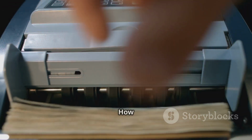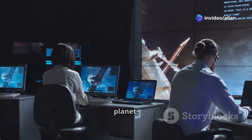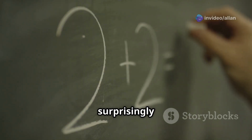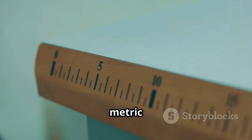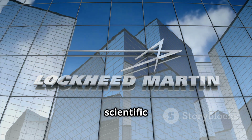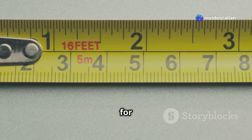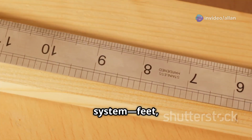So, what happened? How could a sophisticated space agency like NASA, with some of the brightest minds on the planet, make such a costly error? The answer, it turns out, is surprisingly simple: a conversion error. You see, NASA engineers were using the metric system, the standard for scientific measurements worldwide. However, Lockheed Martin, the company responsible for building the orbiter's navigation system, was using the imperial system, feet, inches, and